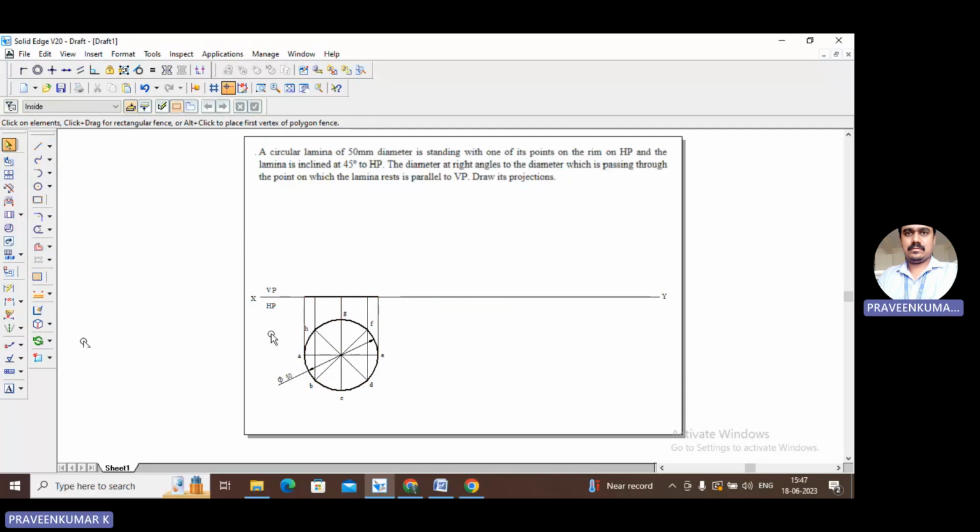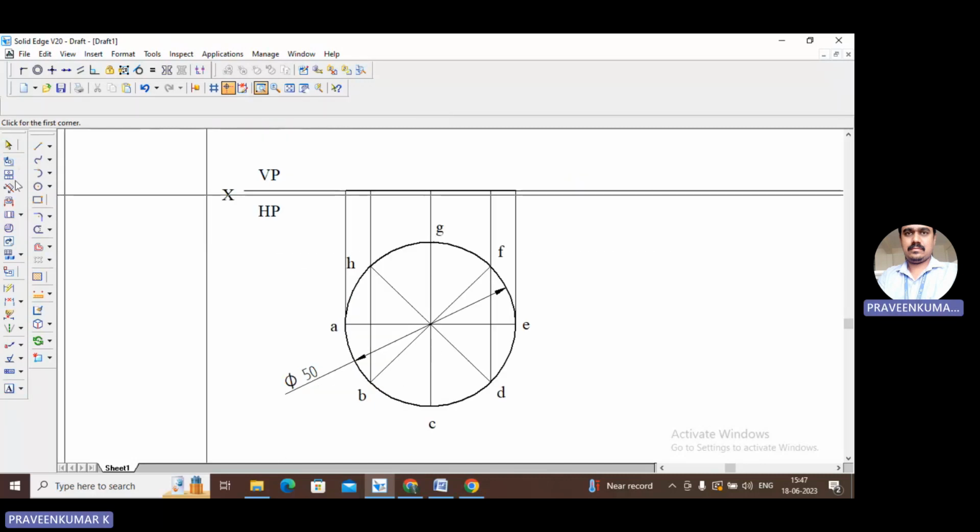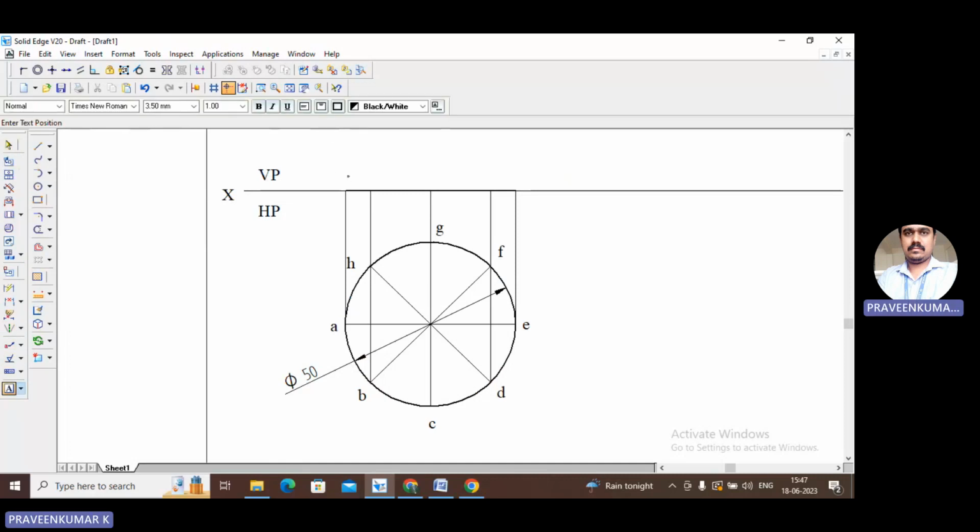Let's go for naming. I'll go to text, times 0 and 3.50. Say this corner is A dash. Say I zoom that area just for my reference. Let us zoom this area and go to text, times 0 and 3.50. So this is my A dash, B dash of H dash,